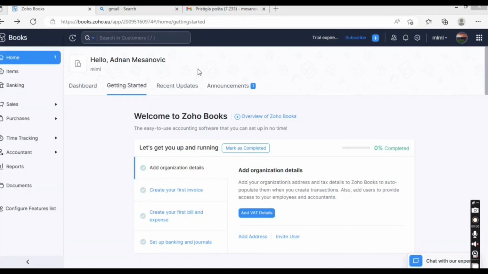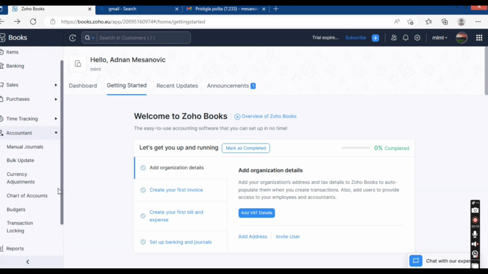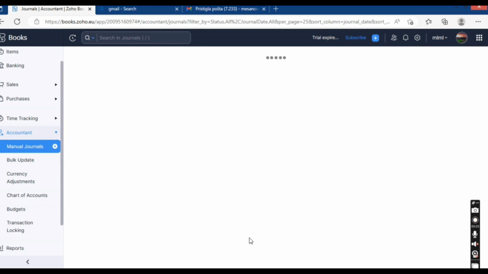Hello guys, so today I'm going to show you how you can make your own journal entries in the Zoho Books website. So what you are going to do is go here on the left side and click on Accountant, and once you click on here you will see the part that says Manual Journals. Now once we click on Manual Journals, we'll click on Create New Journal,